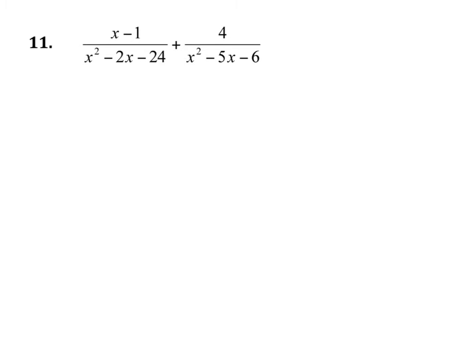In number 11, the first thing I'm going to need to do is figure out my least common denominator. But this time, to find my least common denominator, I need to factor both of these denominators. So I'm looking at what multiplies to negative 24 that adds up to negative 2. And that would be 6 times 4, so 4 and minus 6. So I can rewrite the first fraction as x minus 1 over x plus 4 times x minus 6